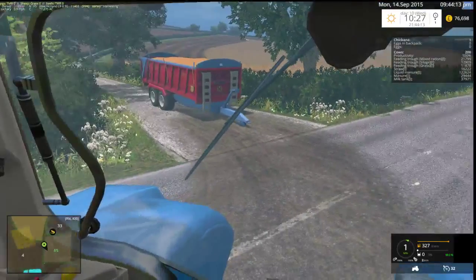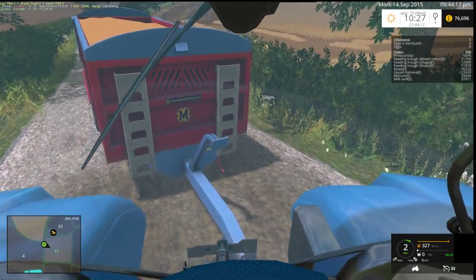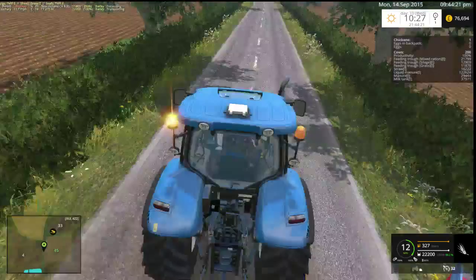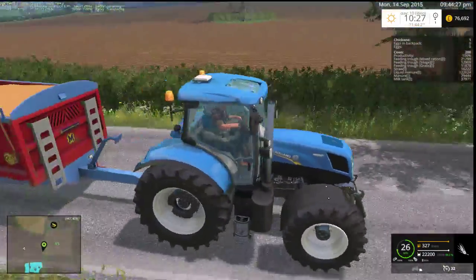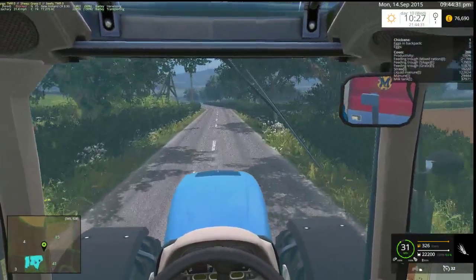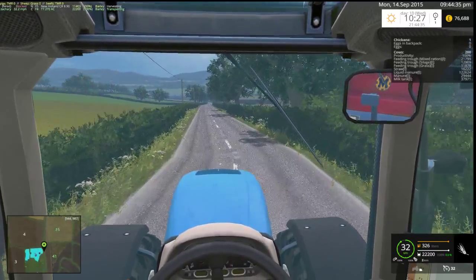Yeah, this is pretty much the highest one they do. Now we're going to just quickly take this trailer back down and come back and empty it. So the exhaust needs a bit of work, as you can see. The top part's missing, but it shows up. I don't know what that is. I don't know whether that's something wrong with the machine itself or...